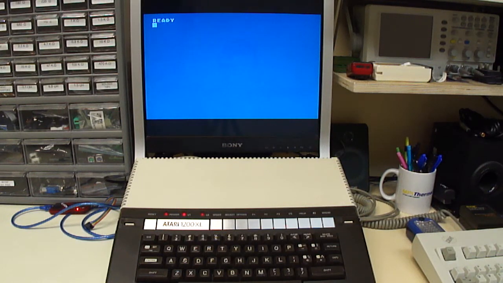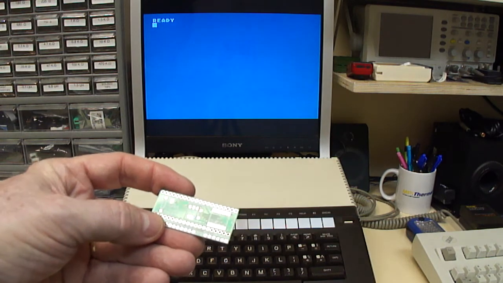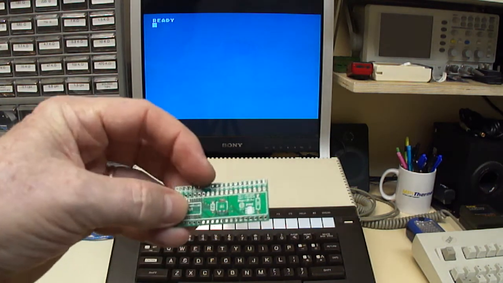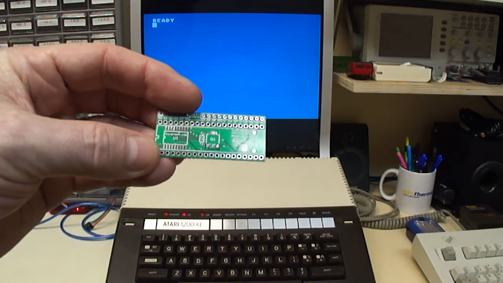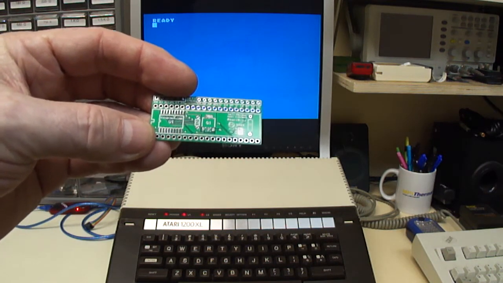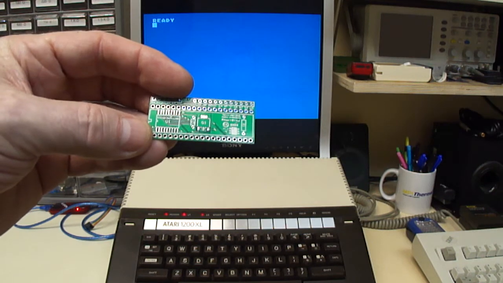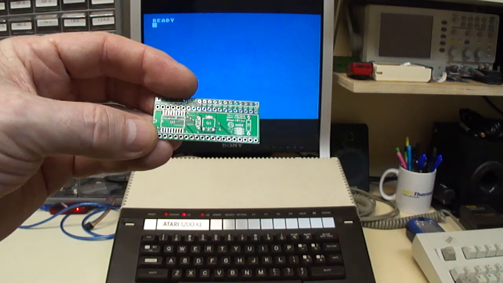Hello everybody. Just wanted to do a demo on a new board that I developed specifically aimed at the 1200 XL. It's called the TKII-PB1200, and it not only allows for a PS2 keyboard to be used with the system like most all my other TKII boards are designed for,